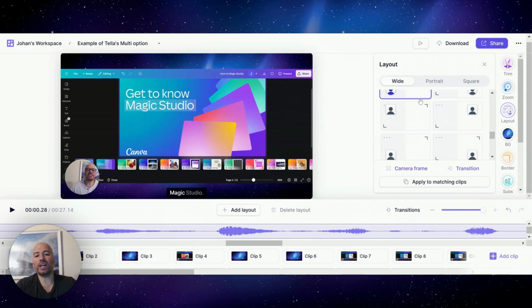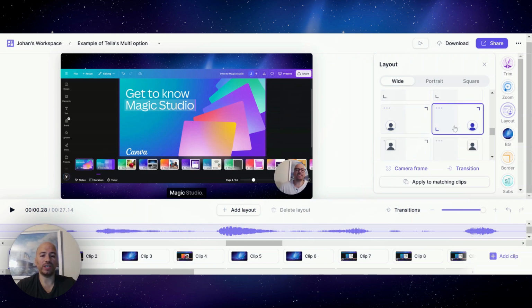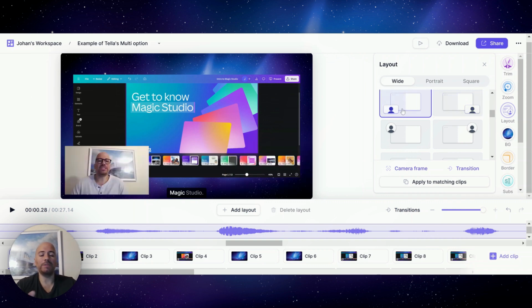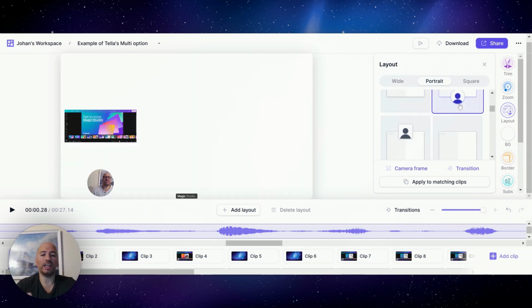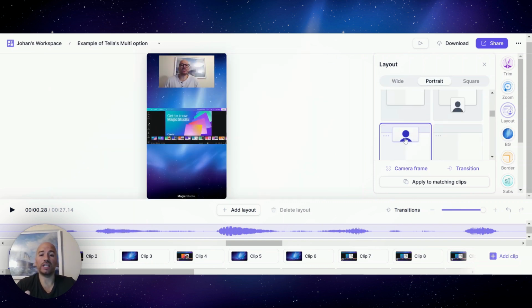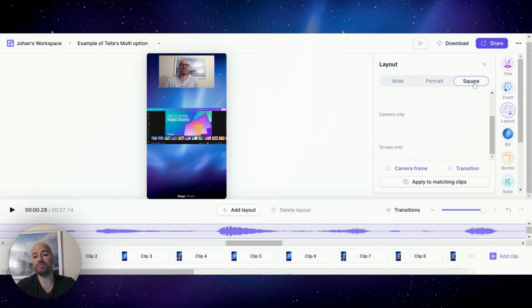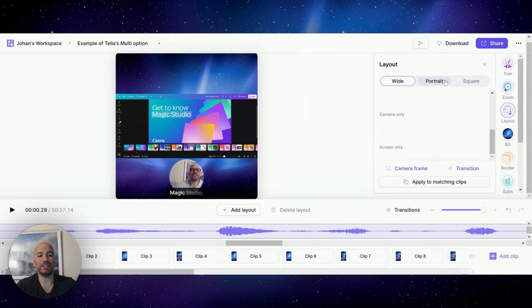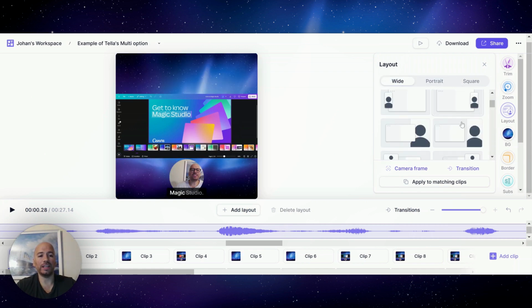So in this section, you can decide how you want to position your face and the screen that you have shared. So this is my favorite setting, but you can change it like this, or maybe like this, or like this, or like this, depending on where you want to share the video. You can also select portrait and have it like this, or you can select square. You can have the video like this or like this. But again, my favorite is here in white. And then to have my face somewhere at the bottom,